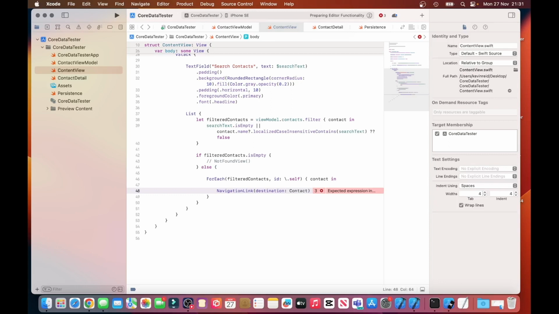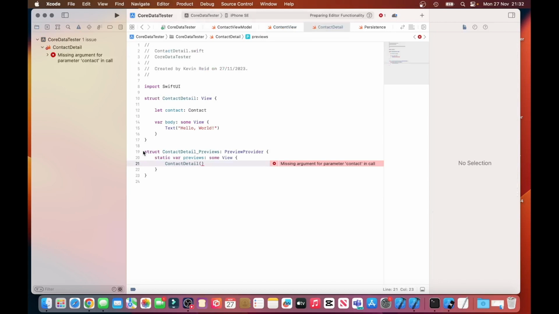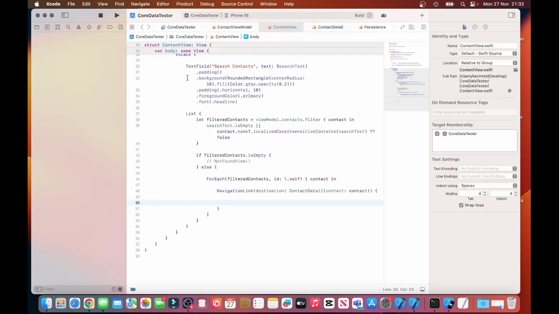Oh, we can delete our previews because we're not using them. It's compiling at the moment. Yeah, now it's compiled. So the next thing we need to do is to add a HStack,